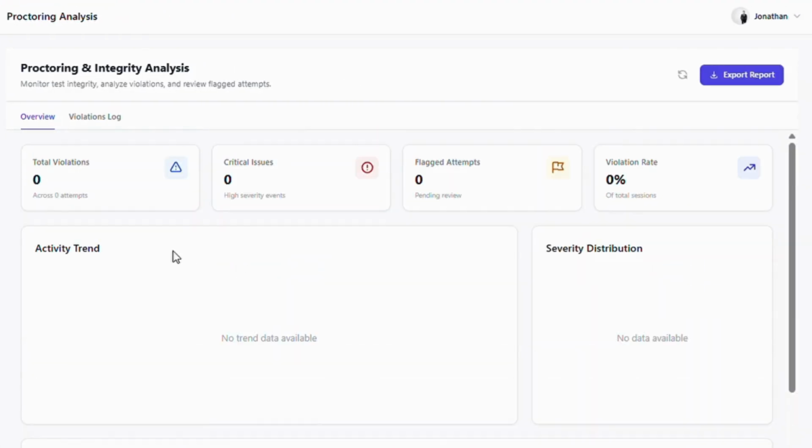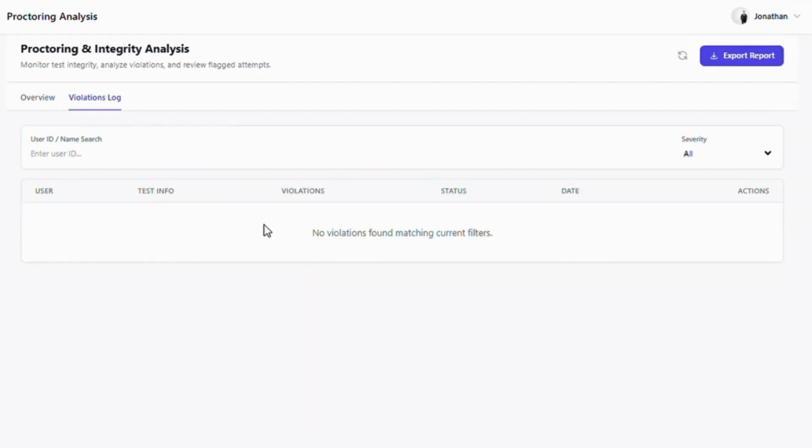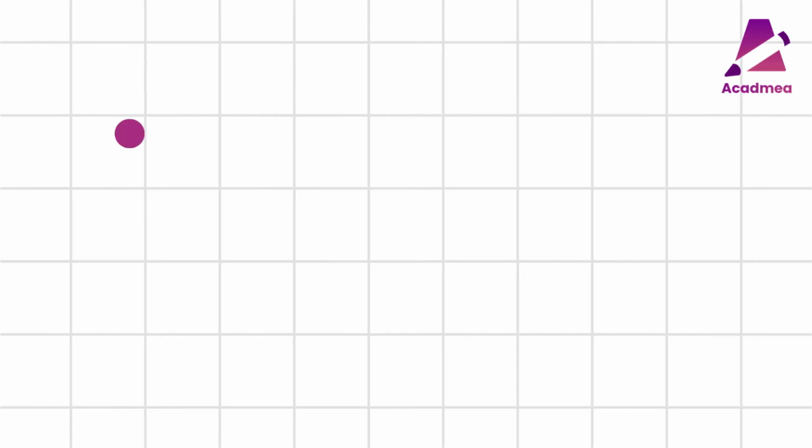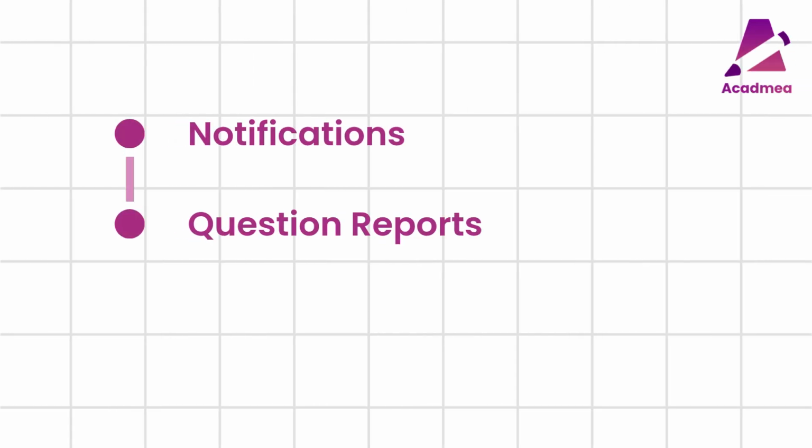Here, you can monitor test integrity by analyzing violations and reviewing flagged attempts. You can also export these reports for further analysis. And that's how you can effectively manage notifications, handle question reports, and track